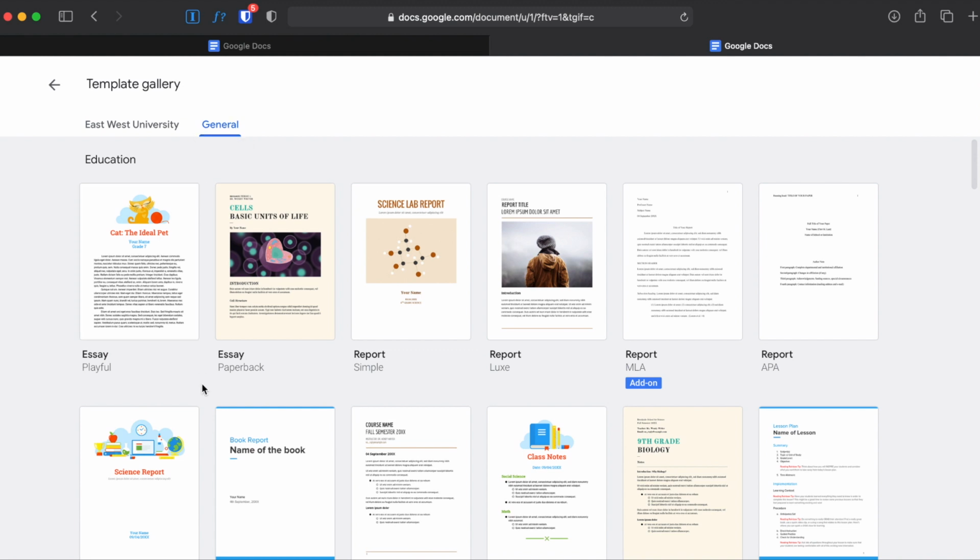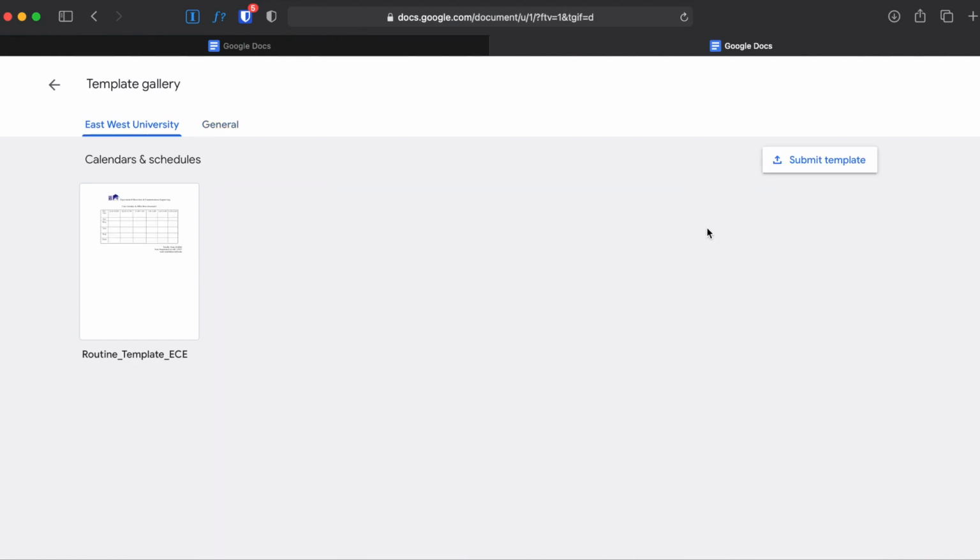This is where I currently work, and in G Suite account or Google Education accounts, in this tab, your organization or any of its employees have the option to preserve the templates of your company, and you can also submit your own template for your colleagues to use too. This saves a lot of time otherwise spent in formatting or designing by simply having a pre-populated template.